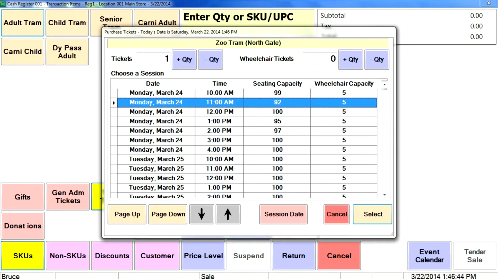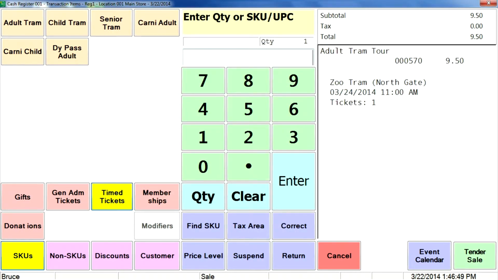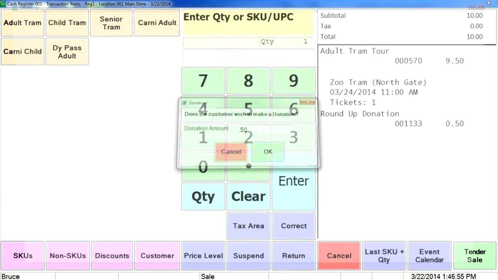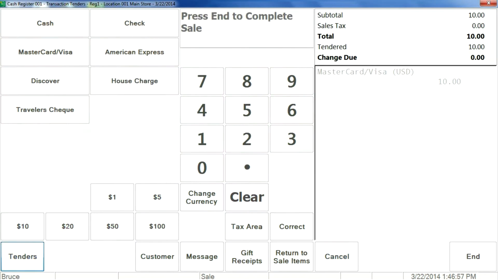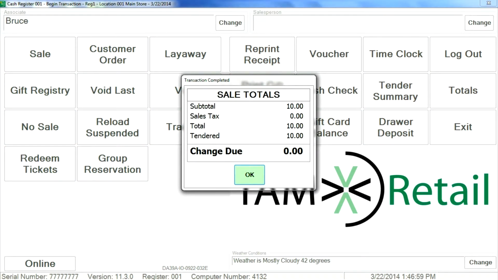I want to do it at 11 o'clock. We could increase the quantity if we wanted to. We'll go ahead and select that, and then we'll go ahead and tender the sale at this point. It's that straightforward. The difference is when I tender the sale, and I press end, it will actually produce a receipt and a ticket. So the receipt will be printed showing the data on it for their records, but a ticket will also be produced with the barcode for all the redemption